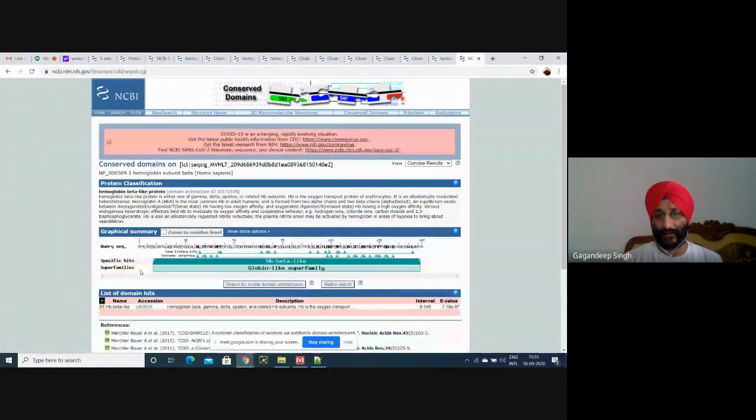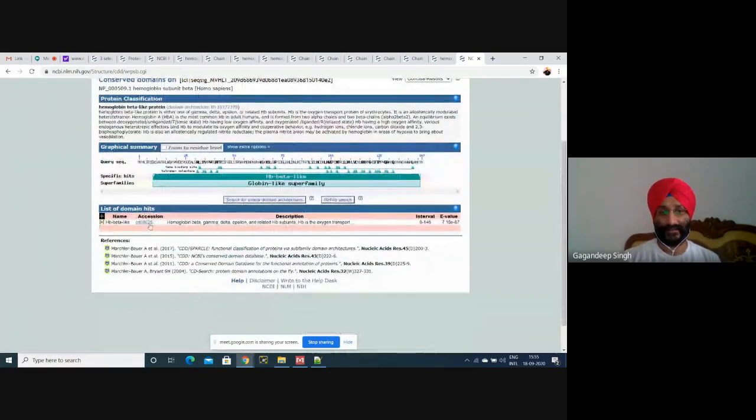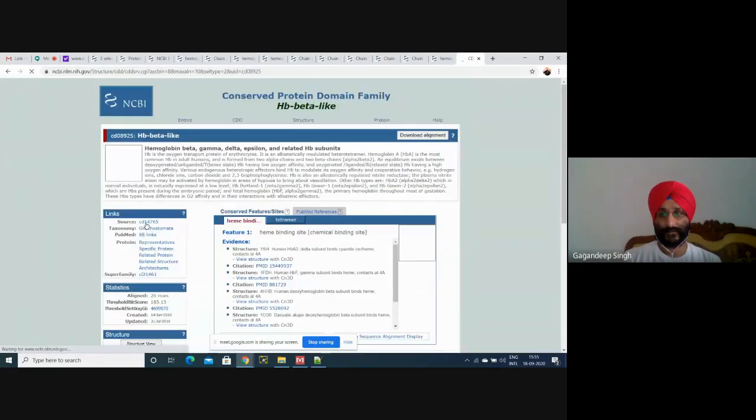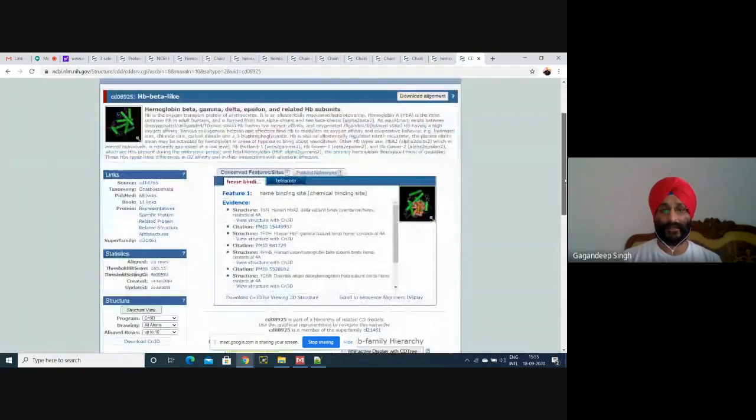Which is the main fragment in this sequence which is functionally important? This is the accession number. This is the overall explanation of this sequence, that this is hemoglobin beta gamma delta, meaning the overall literature about this protein which is available.